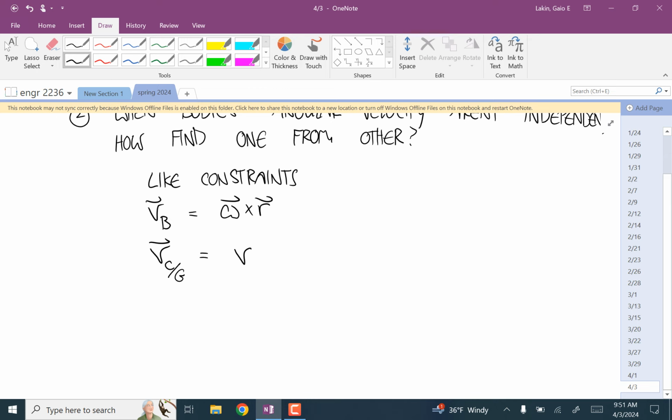The reason that we use the center of mass when we're doing accelerations is because the centers of mass come up in Newton's second law. So those variables arise naturally. We're not being told anything about what variables to use for the angular velocities, so I'm just going to use the joints. But the velocity of C relative to the ground is equal to the velocity of C relative to joint B